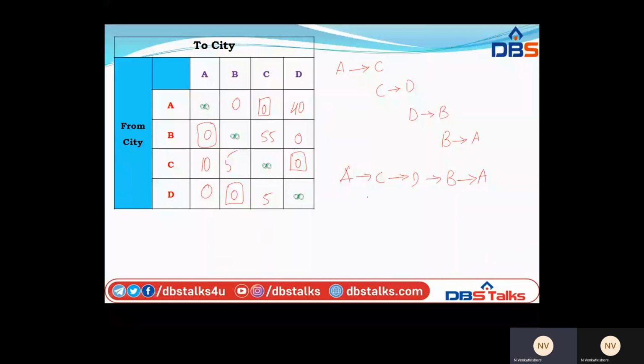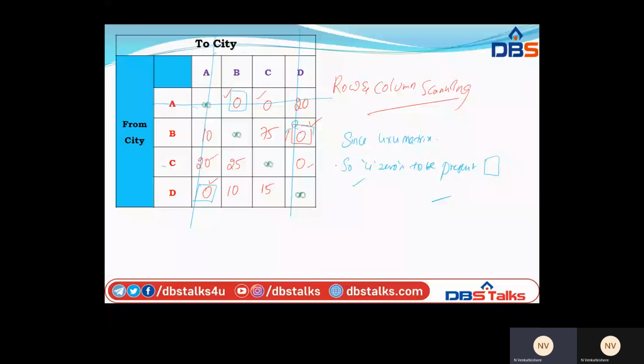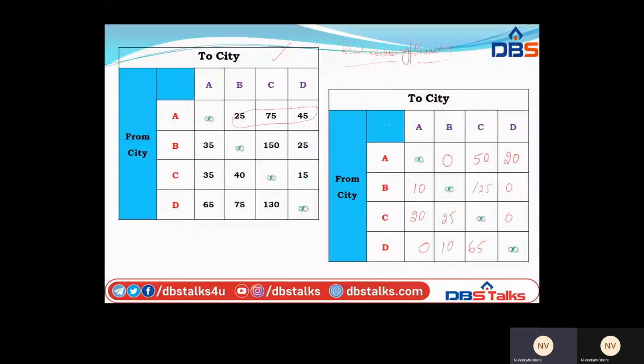So what is the actual cost? We need to find the actual traveling cost. If you go to the initial table, the starting table in the question itself, what is the cost from A to C, C to D, D to B, and B to A? From A to C, this is 75.